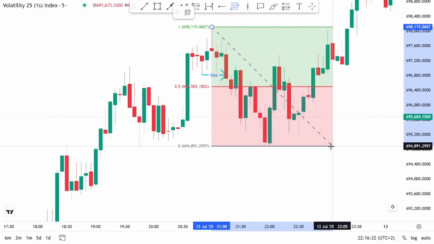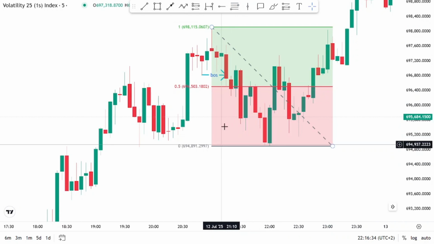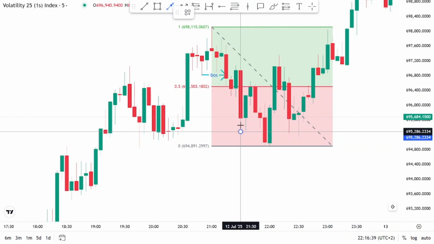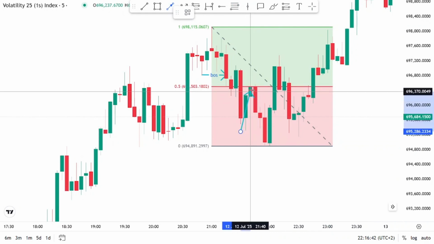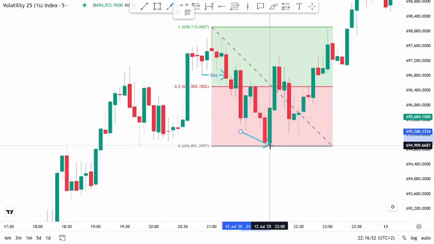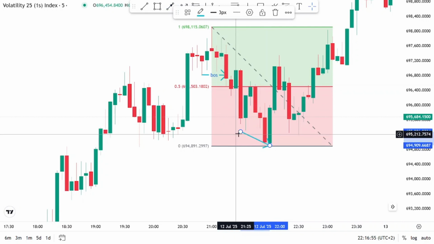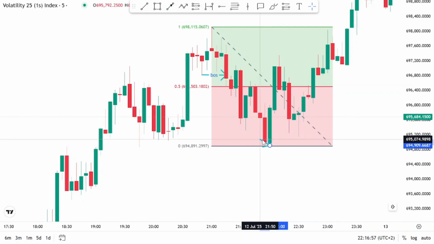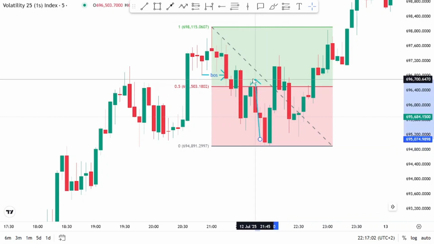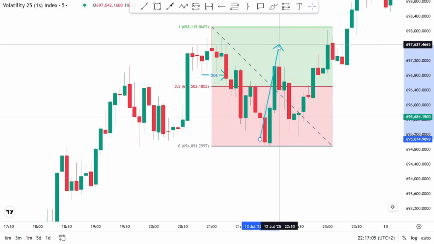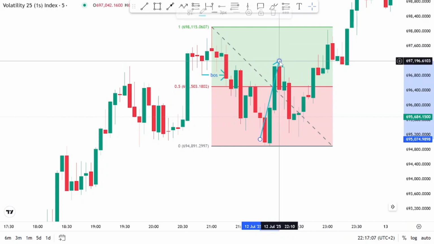So this is how we do it. As you can see, here's another trap. So price went to 50%. Most traders also thought that price would be selling and then only to find out that price isn't done yet. And then it came down here, and then as soon as it got here, it came back up to take out the liquidity that was sitting here. So where our premium level is, which is right here,